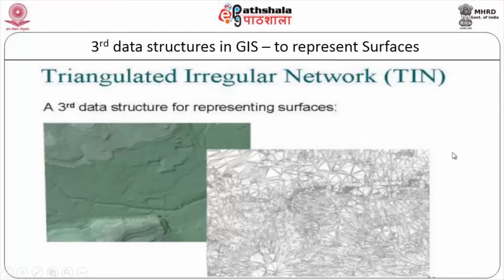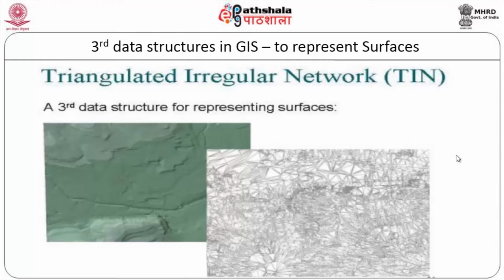What does it do? How does it work? As the name indicates, we use n number of triangles here. These triangles are irregular in nature. You cannot have similar shape or size. It is not a compulsion, it does not happen. It is a set, and very importantly, they do not overlap with one another.